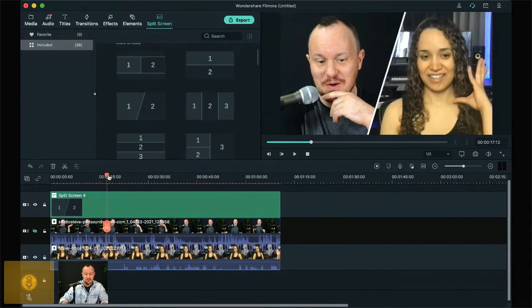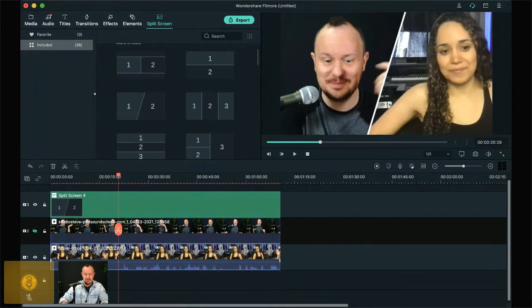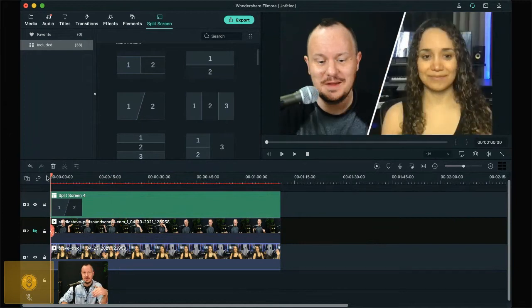So now that looks really great. I can turn the volume down of these two if I want to, and now I can just render this out as it is, export it as a file, and then drag the file back in. That's how I like to work, but you could also just keep the split screen like this in here and work this way too. To show you how you can render it, you just come up to the top where it says export, and you say export to device or create video.